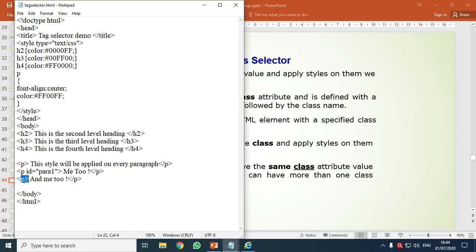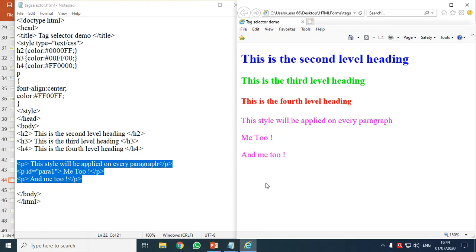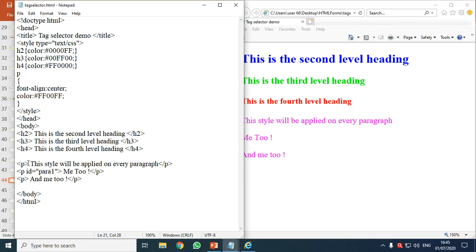Observe this code. There were three paragraphs and all the three paragraph tags had the same look, correct? All three appeared in some magenta color, some pink color, and the same style of writing. But if I wanted each one of them to come in a different color, then what do we need to do?